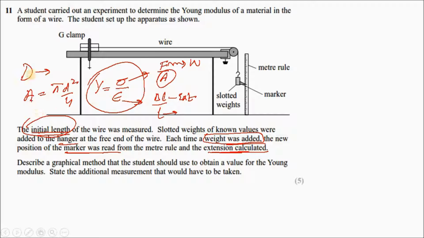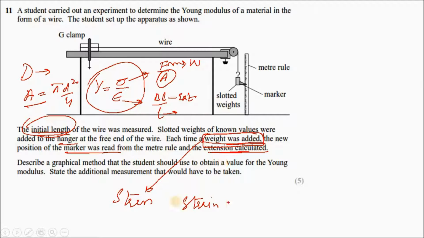So after measuring the diameter and the area, the student should find the weight, of course, and then find the stress. From the weight he should find a stress for each single added value of the weight. So find the stress and then strain